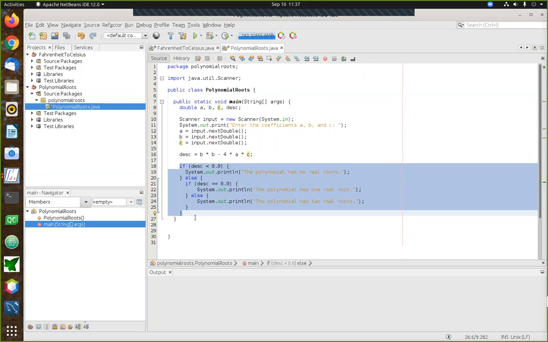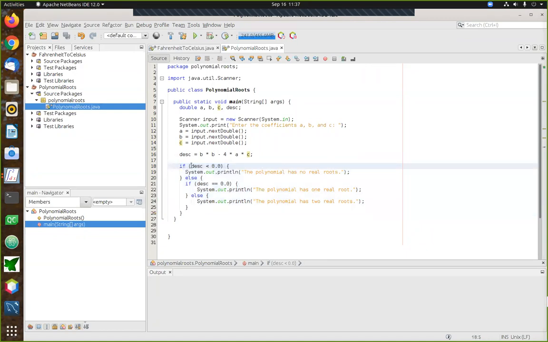Right, so here's how the if-else statement works in the case of trying to determine which of these three cases we're in. The first thing that happens in an if statement is we have the keyword if, and then inside parentheses, we have what is essentially a test. A test is effectively a question that is phrased in such a way so that it has either a true or false answer. In this case, the first question we're going to ask is: is the discriminant less than 0? In other words, is the discriminant negative? Because that's one of the three possible outcomes. And if that's true, we're going to do something in response to that. And if it's false, we're going to do something else instead.